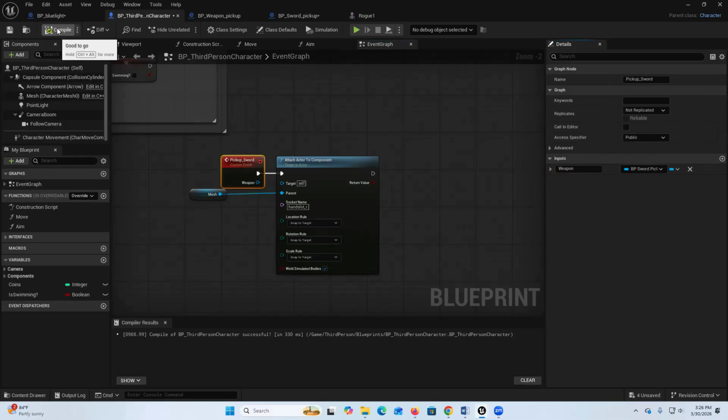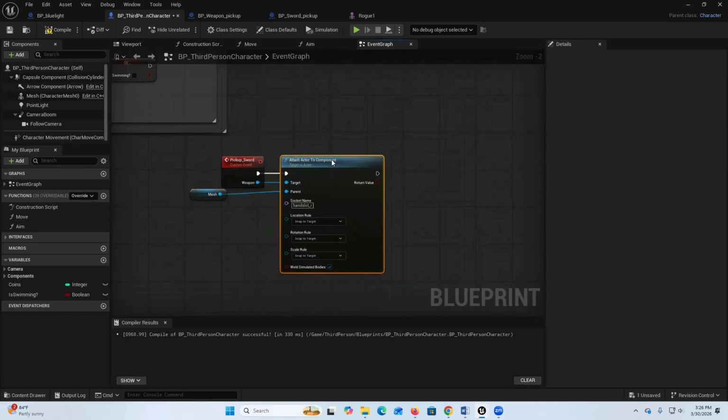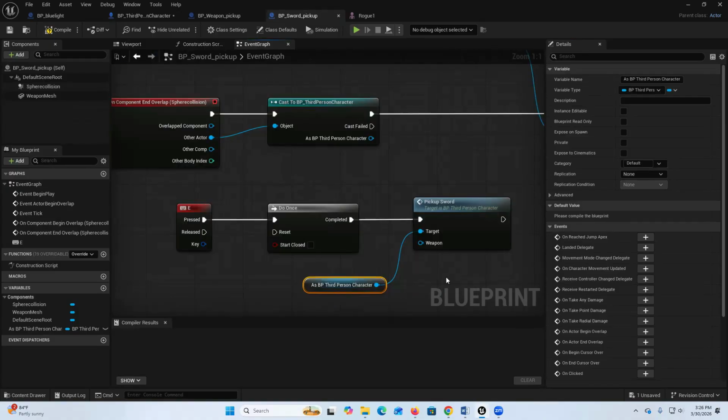I'll compile. I'll save. Weapon, make sure it's connected here. So this is third person character. Go back to here. So now that we are back in the